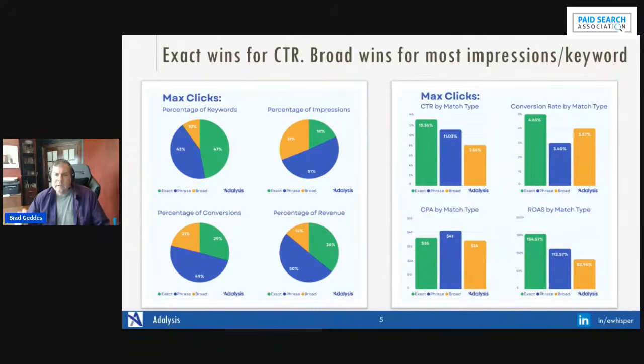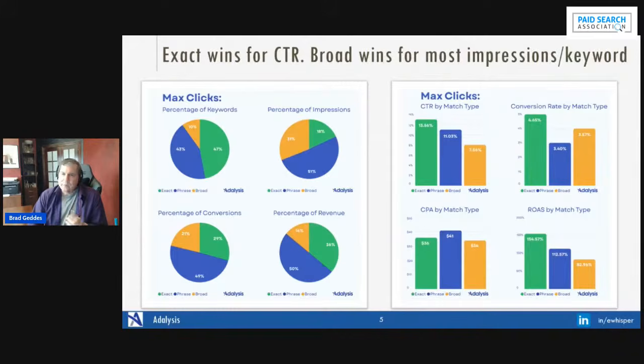CPA, broad match is actually better than exact. Part of this is people who are using max clicks, they don't have much data. So Google is pretty much showing this for everything related, and broad can sometimes steal impressions from exact match. And therefore, you've got to take the CPAs with a grain of salt since exact match doesn't care about